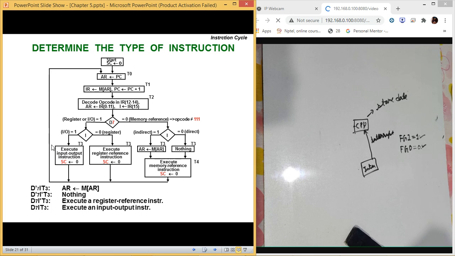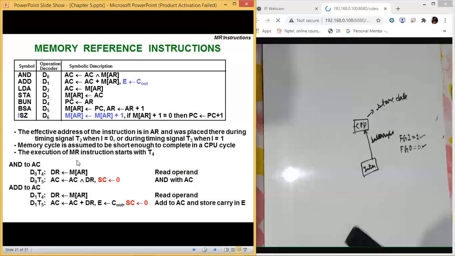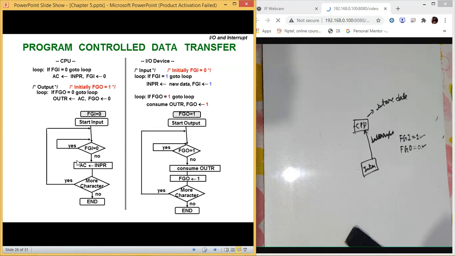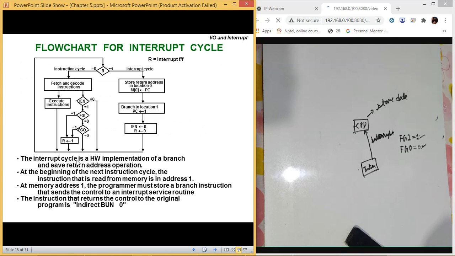Now the problem is with the execution of input output instructions, because input output is not dependent upon the CPU directly. This register is present on the system. Memory is also present on the system, but input output devices are not present directly on the system. They are dependent upon the users. So input output was the biggest concern when we talk about the systems.